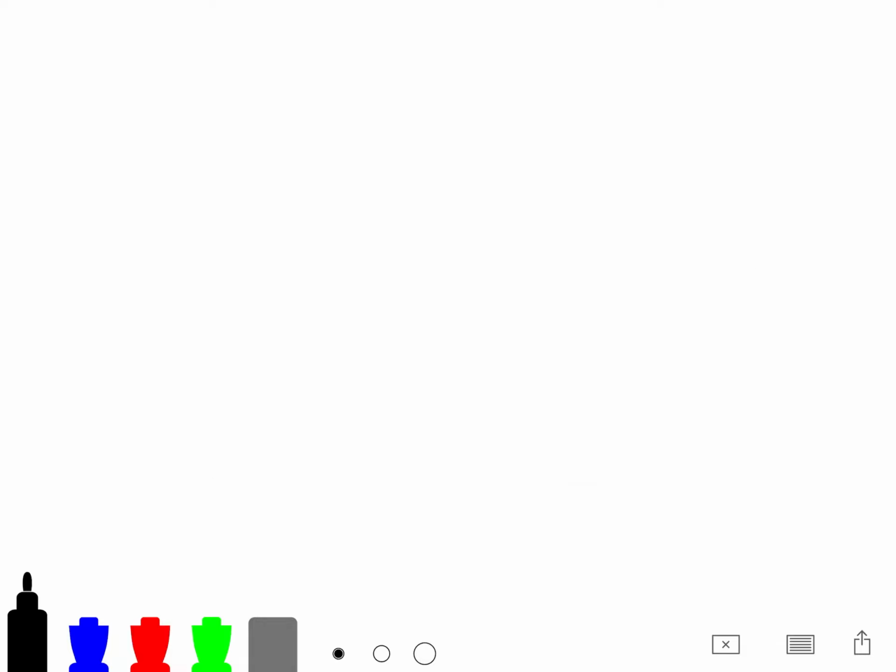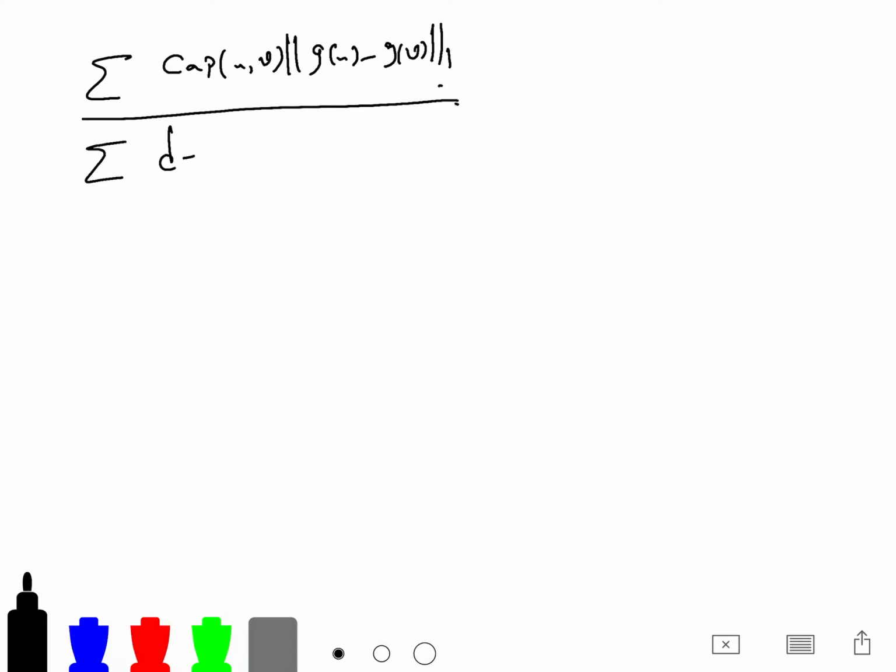Using this, you can write the capacity of U and V, G of U minus G of V, norm 1 of that, divided by... This is the thing that we were looking at. We wanted to minimize that because this is the ST sparsest cut problem. So this is upper bounded by